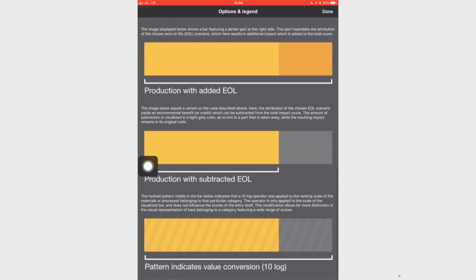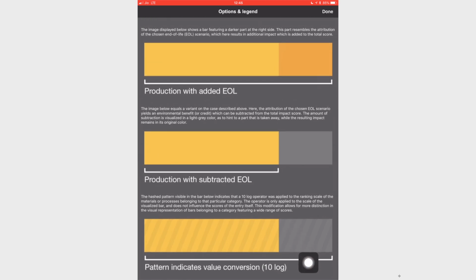There is also a third scenario, in which a pattern indicates value conversion with a logarithmic scale. The hashed pattern visible in the bar below indicates that a 10 log operator was applied to the ranking scale of the materials or processes belonging to that particular category. The operator is only applied to the scale of the visualized bar and does not influence the score of the entry itself. This modification allows for more distinction in the visual representation of bars belonging to a category featuring a wide range of scores.